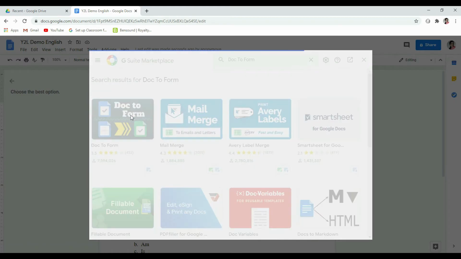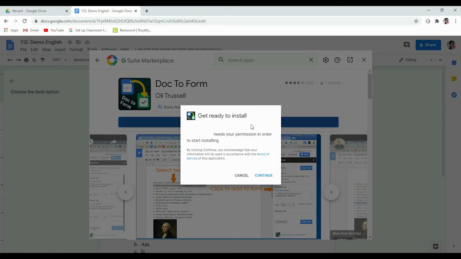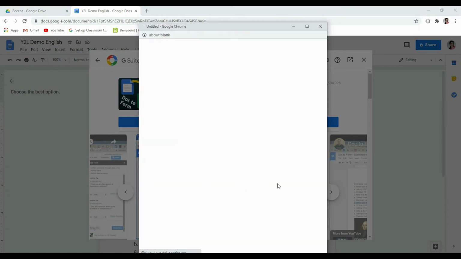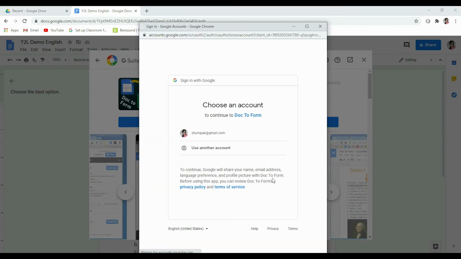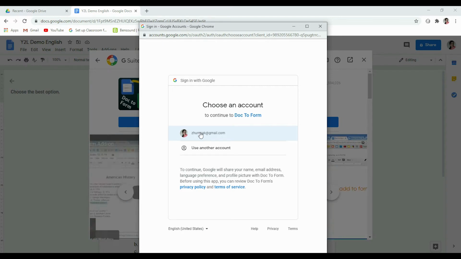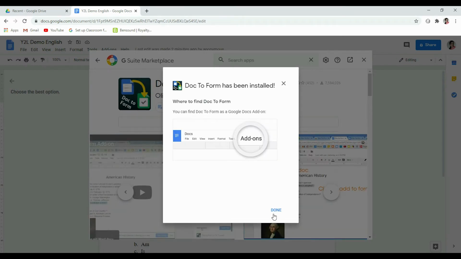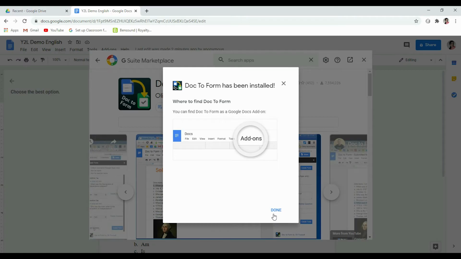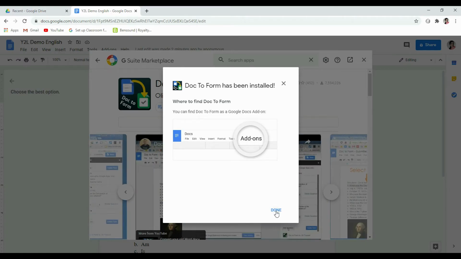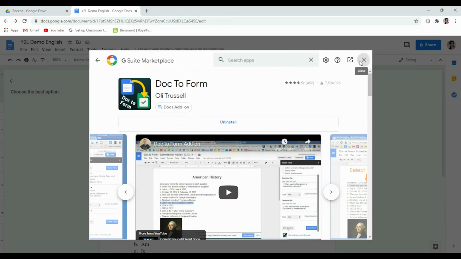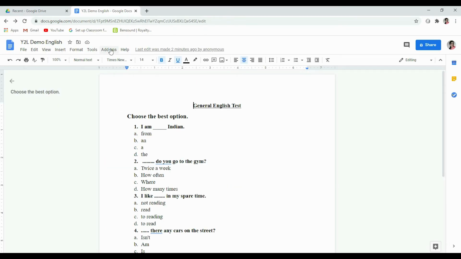You can get it from G Suite Marketplace, and let's install it. It will ask you the email account. Please choose the same that you are using to access your Google Drive. Let's click on done and let's see whether we have got it here.